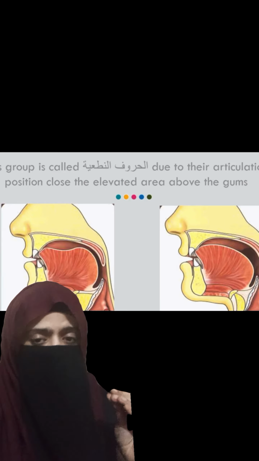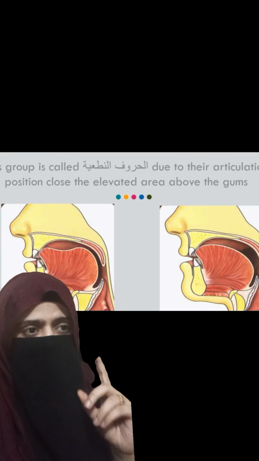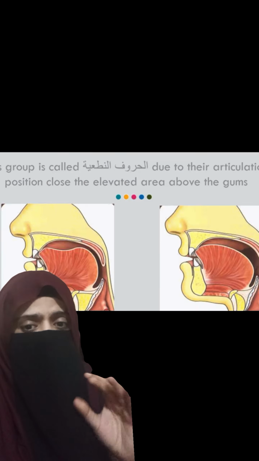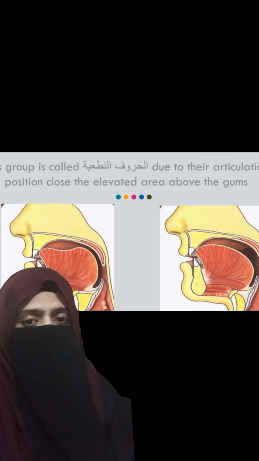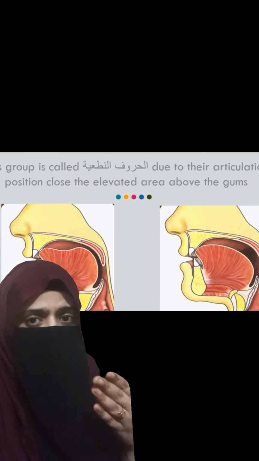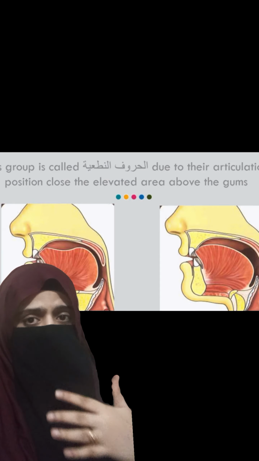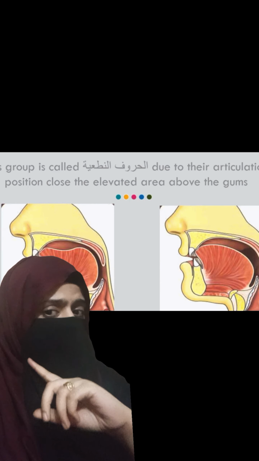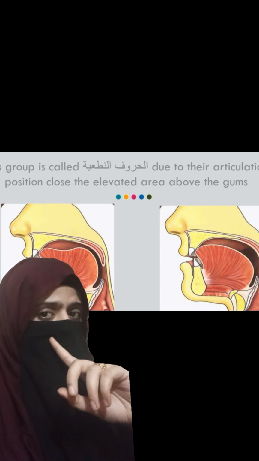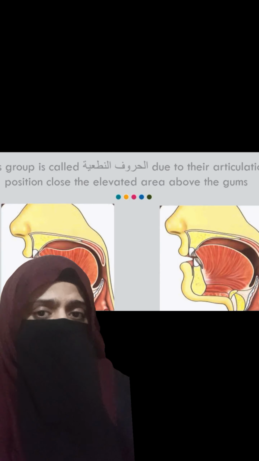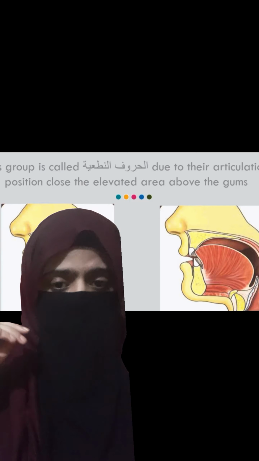Okay, pronounce ta in a light way. Pronounce ta in a clear sound, and every time you are pronouncing ta, you have to let your tongue go to the upper gum side area, and don't